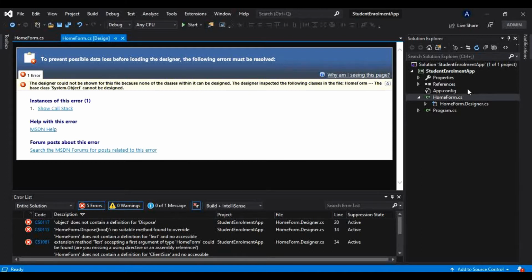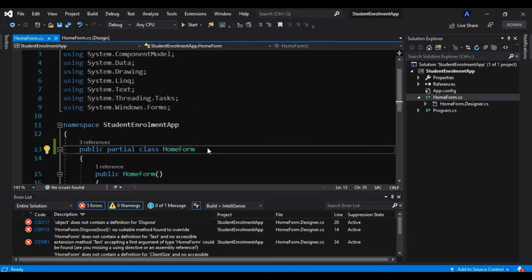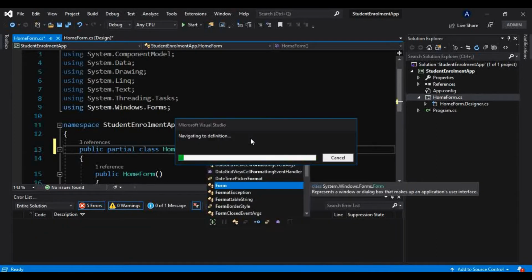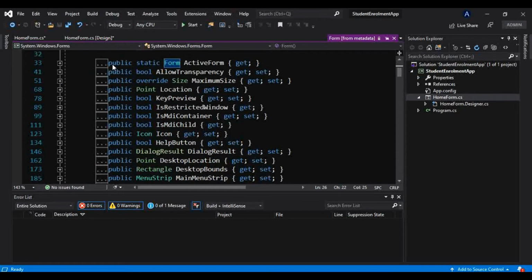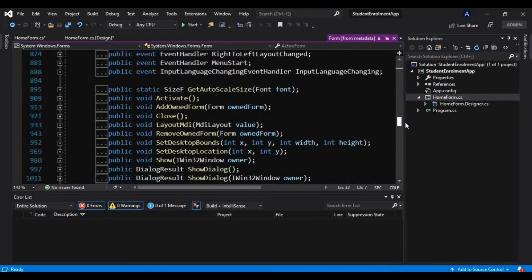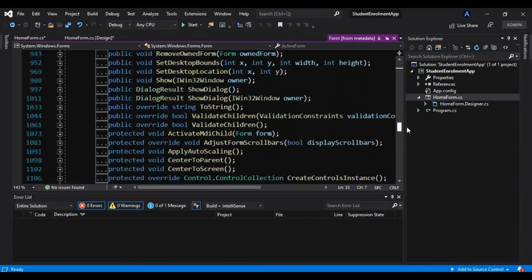Okay, so this is the error because we have not inherited from the Form class, because this is the class which gets all the elements required to design that form. If I go to the definition of that Form class, let me show you that. So here, as you can see, there are several properties and methods, and there are some events as well.